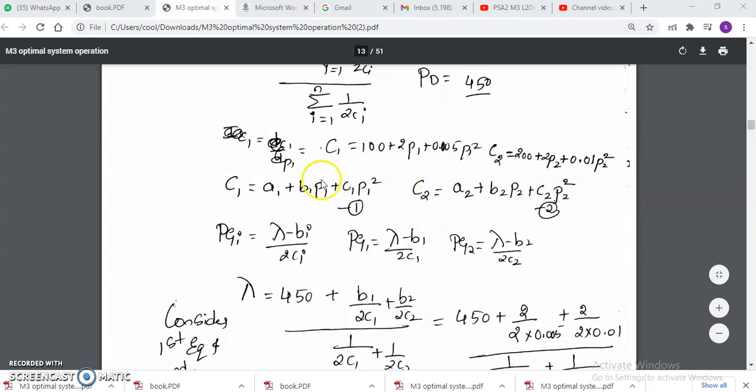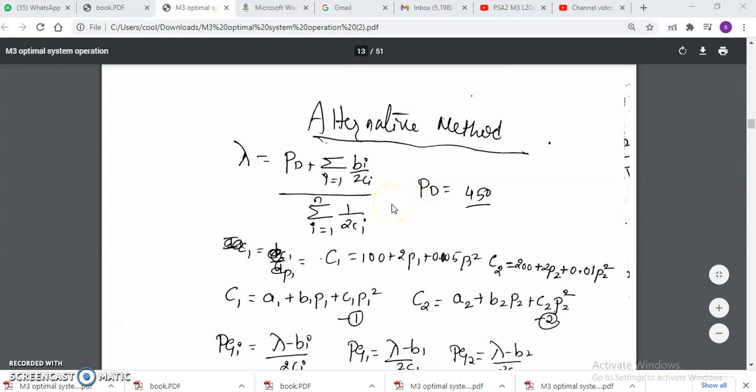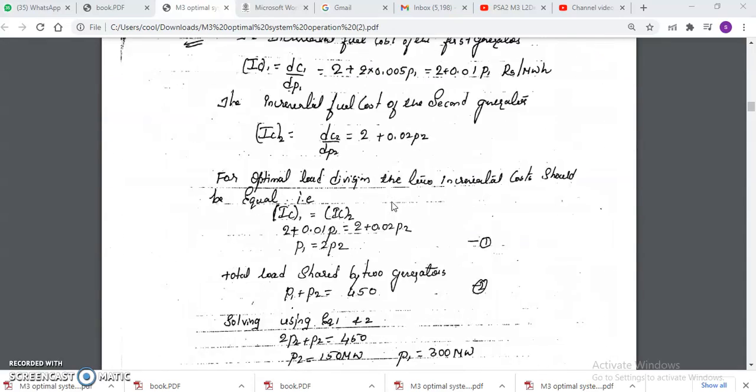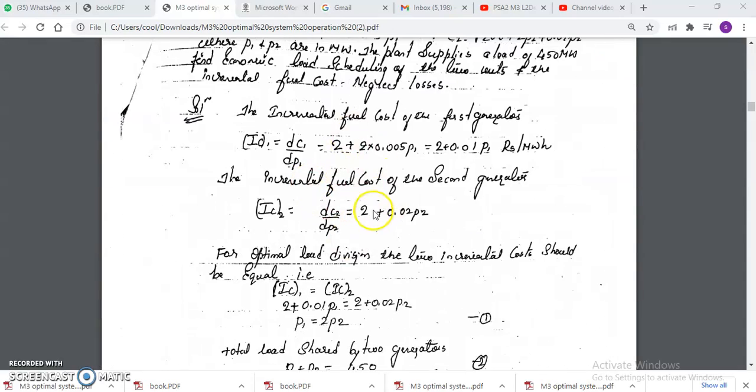So now all the values A1, B1, C1 we get if you compare with this fuel cost equation. And if they specify the incremental fuel cost equation, I am saying, suppose in the problem they have directly given the incremental fuel cost, then this will be B1, this will be 2C1, this is B2, this is 2C2. Remember, this is 2C1, this is 2C2. Be careful: if they give IC1, IC2, then it will be B1 plus 2C1 P1, because A1 will be 0 after differentiation. So that is why you check whether in the problem they have given incremental or just fuel cost.